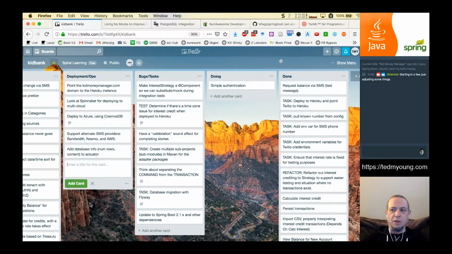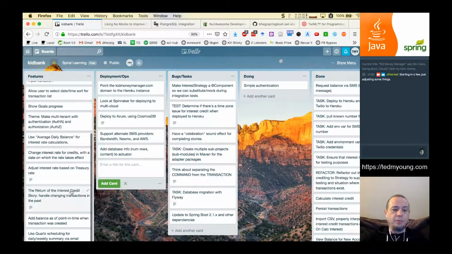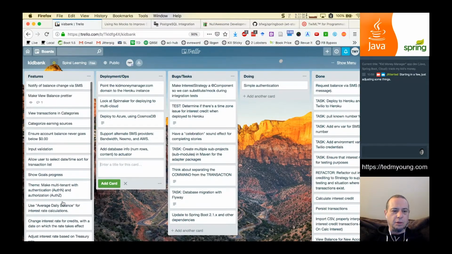And we'll see there's some later stories where I want to be able to do things like categorize earning sources. So also see transactions. Where did I earn money from? Things like, where is it? I have something about goals. Show goals progress. So like if they're saving up for something, where are they in reaching that